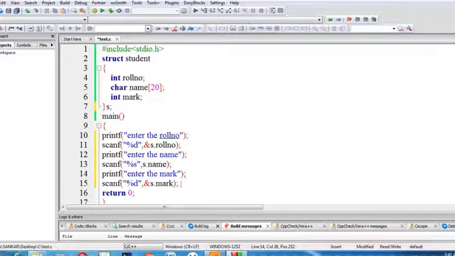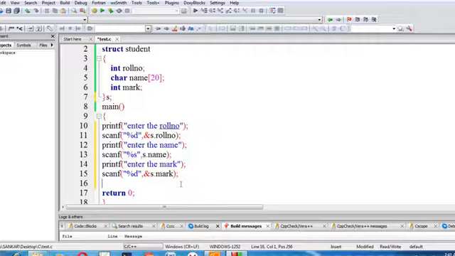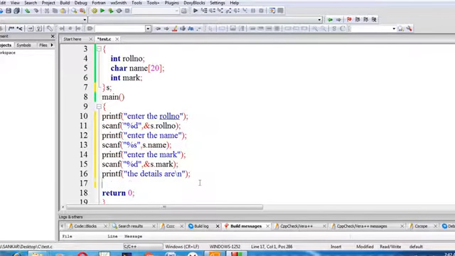So after getting the values, I am going to display the values to the user. Printf, the details are, \n, with a semicolon.